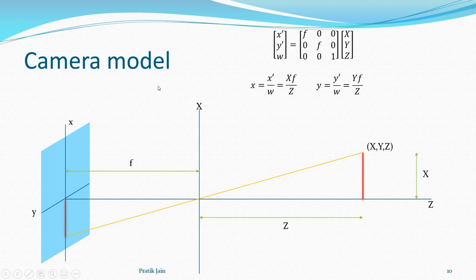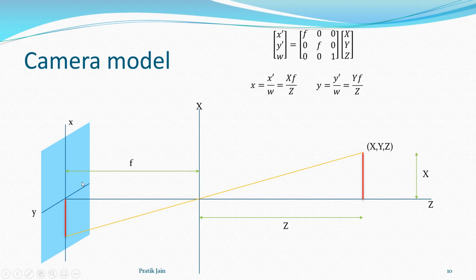Right, so there are a few changes that we'll have to do for the camera model before we go ahead. This was the camera model that I had explained to you till now. We had the camera center over here, which one can call the focal point. This is the focal distance, and this is the screen, the image plane that we have.